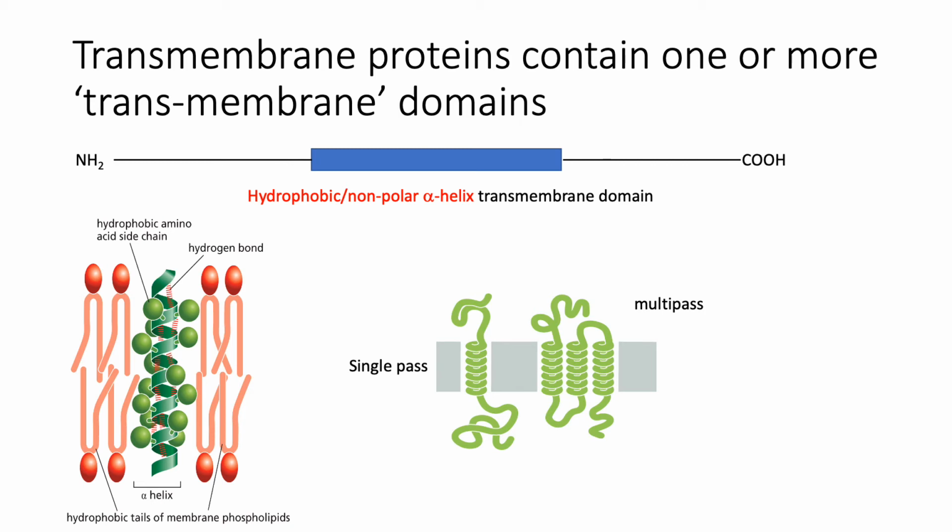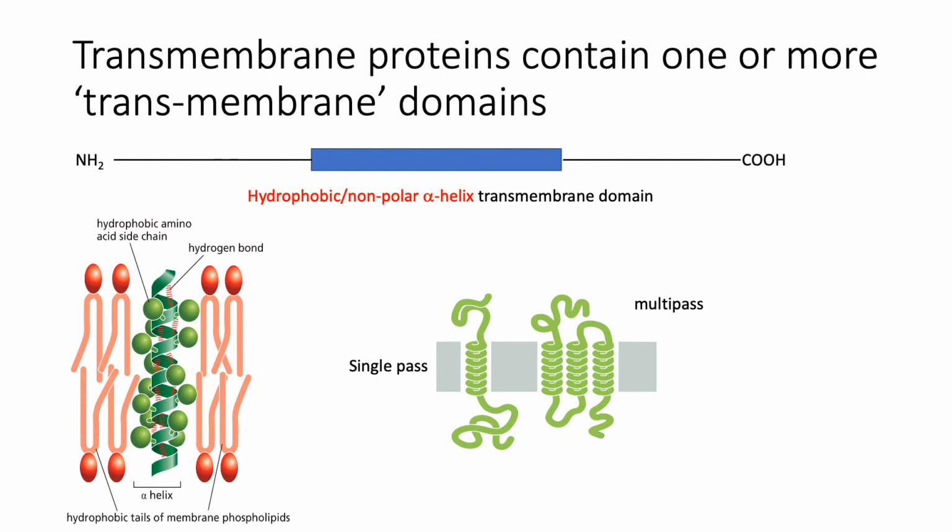And they are allowed then to integrate into the nonpolar interior of the membrane. So that's what's shown on the bottom left. So you see the lipids, and then you see the nonpolar alpha helix in green, and it is in the membrane because it is stable in that nonpolar center of the membrane. So that's an integral transmembrane protein,